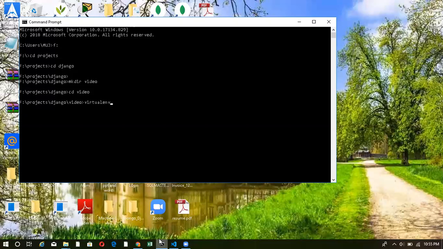So I can create a virtual environment inside my directory using this command, virtualenv env. It will take around 1 minute, and it will automatically create a directory.